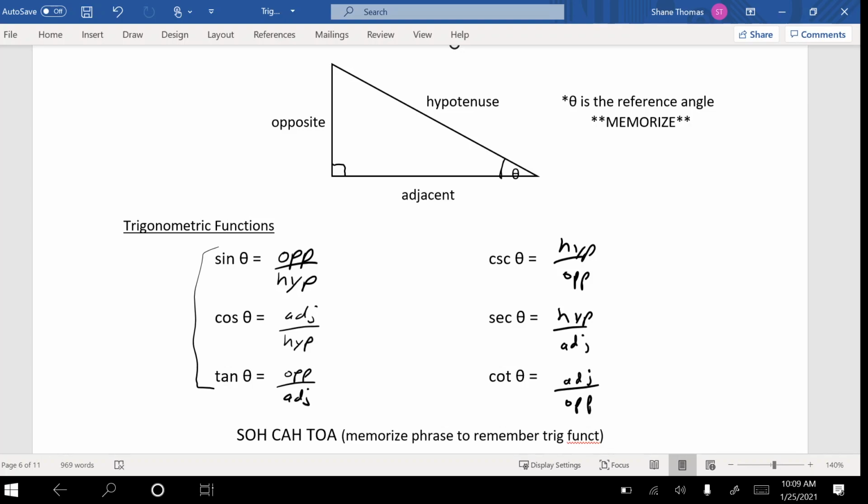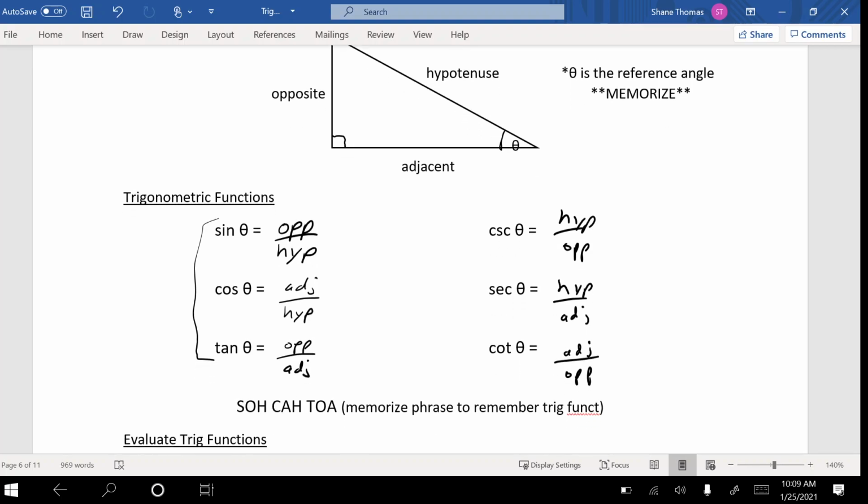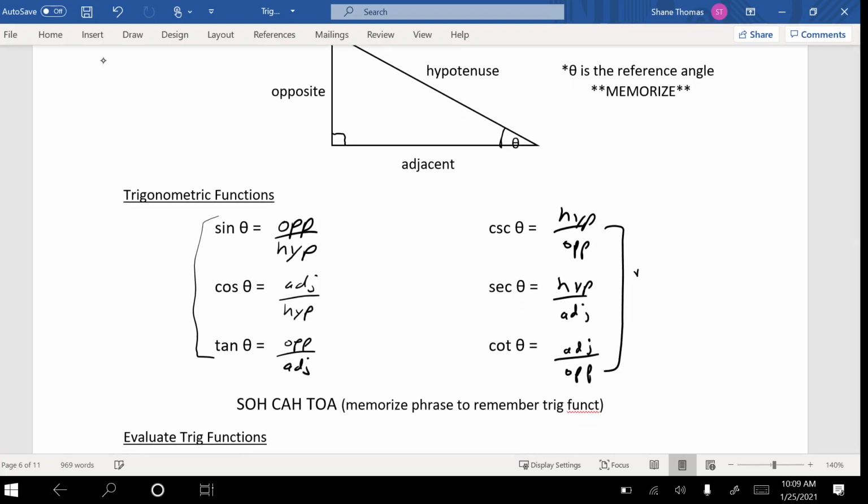Now the nice part about these is you can get a very little bit of information about your triangle and you can come up with all 6 of these pretty quickly. So let's do that once. And just a note, these are all reciprocals